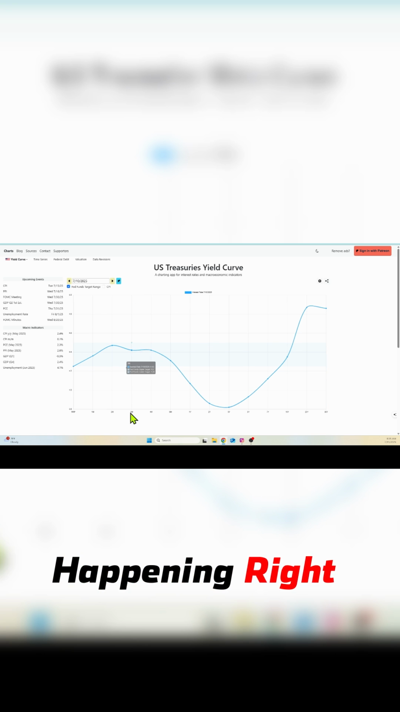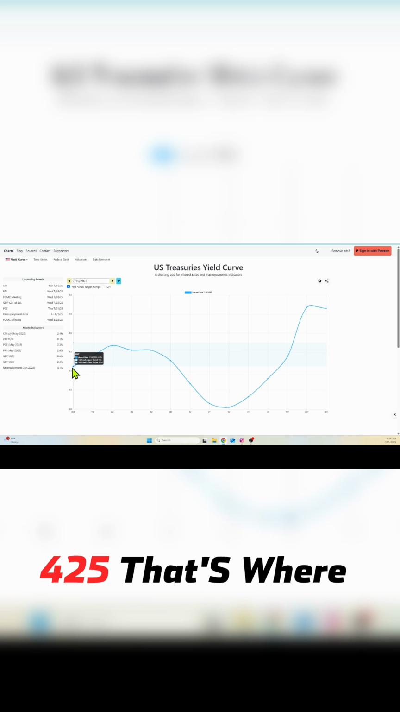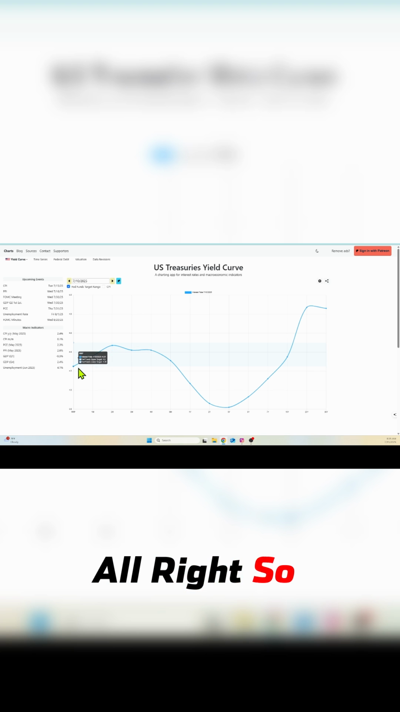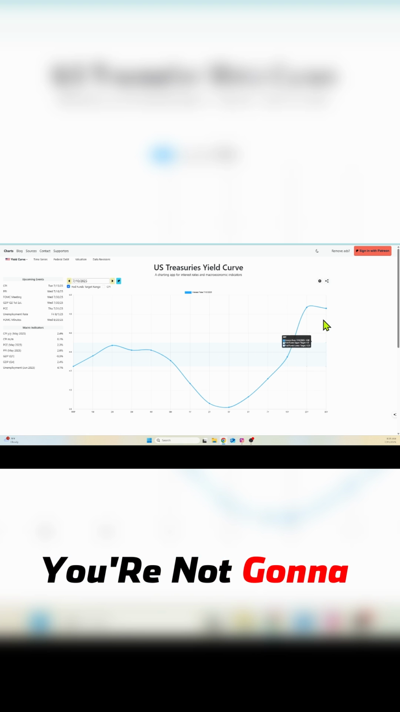What's happening right now is the Federal Reserve's keeping short-term rates high. And here's what it is. Look right here, 4.25. That's where the rate is right now, 4.25 to 4.5. See it right through there? So that's why, unless this really goes down over to here, you're not going to see these go